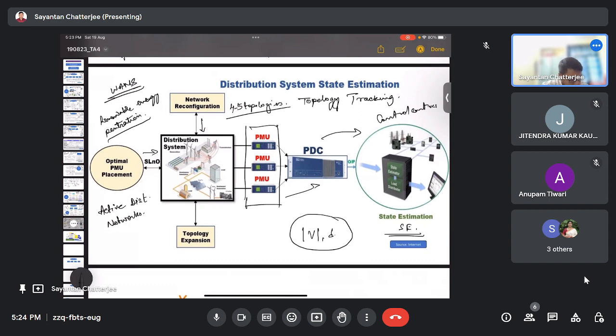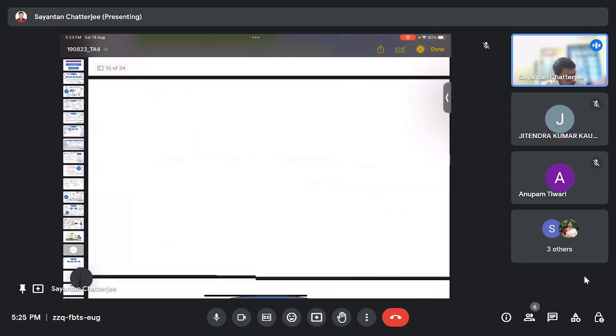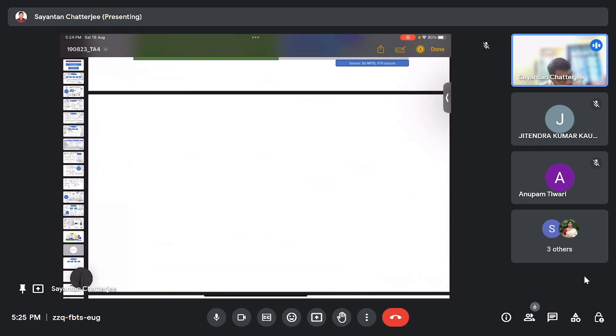But for the time being, it can be considered that this is the major operation that needs to be performed in the smart grid on the distribution side, the distribution level. Okay, and another thing is that if we don't consider the aliasing effect, and don't use that anti-aliasing filter,